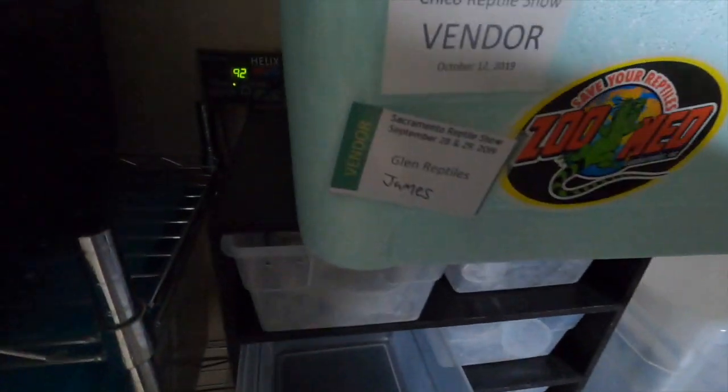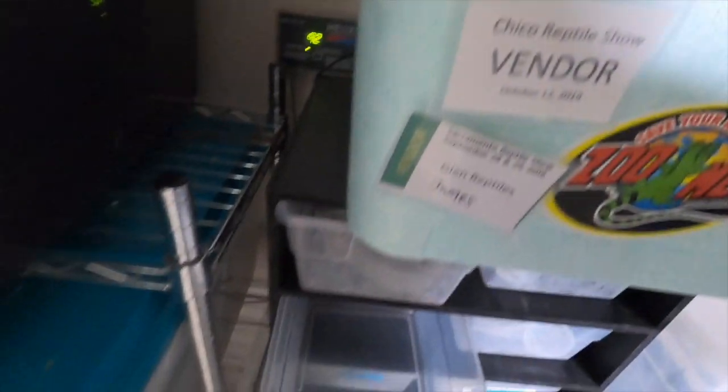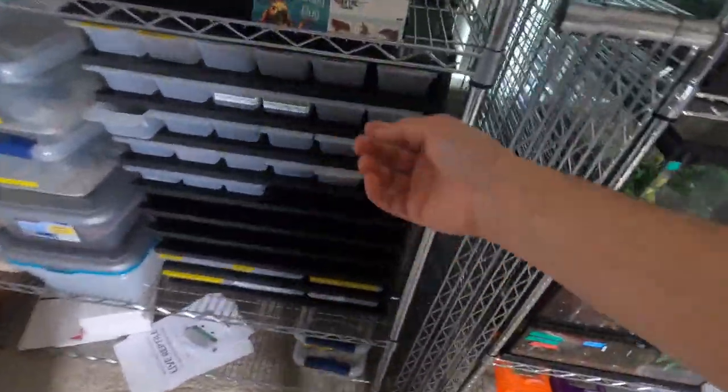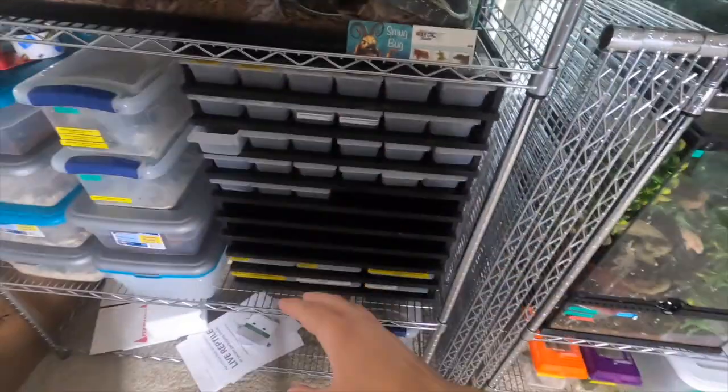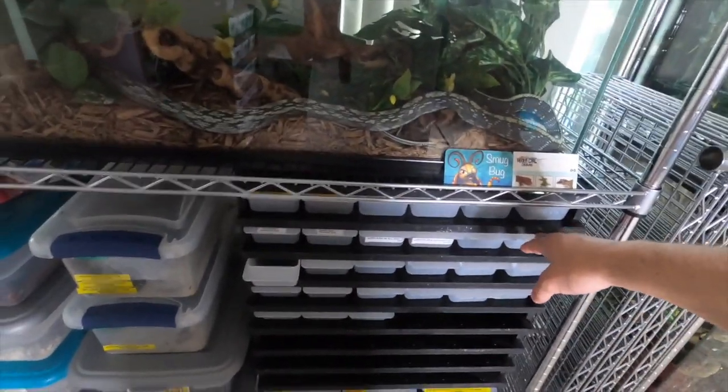And we did have a couple babies hatch the other day. We have one egg that's a couple days past, so it should hatch any day. It's ginormous. And if we run over here, these are only up until this, so these 12 are all I have left for this season. A couple babies down there, but